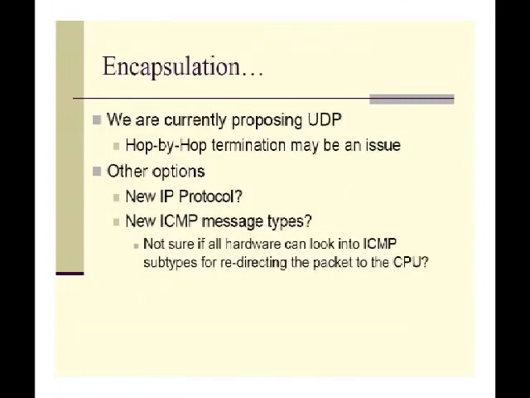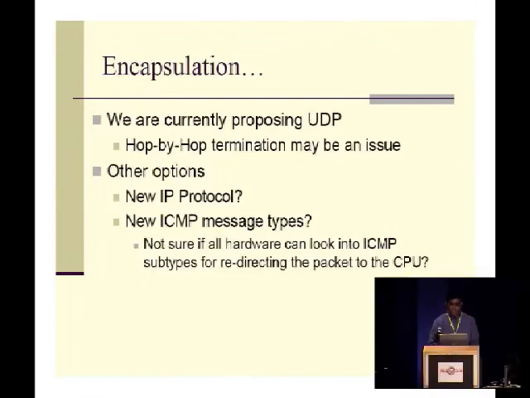Another open issue is encapsulation. Currently, we are suggesting the use of UDP, but again, we are not 100% sure that is the way to go. There are implementations that may not be able to handle it well. It may need certain changes in certain code sections that are sensitive and are better left untouched. Still, UDP comes out as a simple way to identify this protocol, and at this point, we have proposed that in the document. However, it is likely that we may end up using a new IP protocol type or an ICMP message type or router alerts or any other ways of